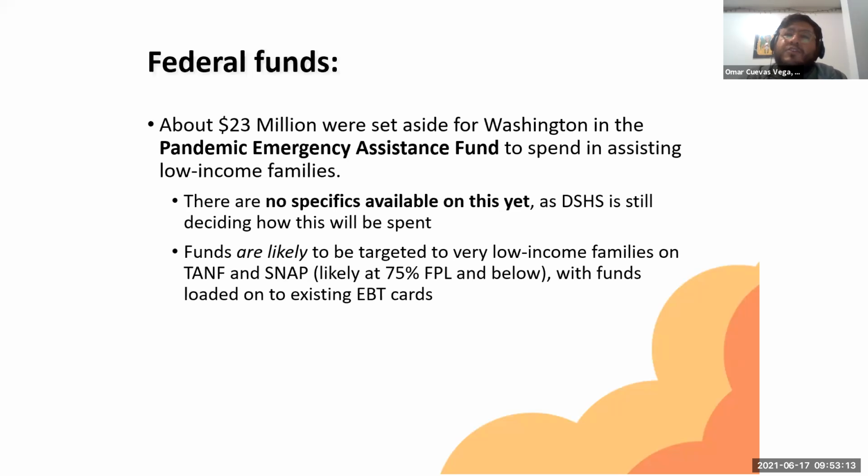Yes, one of the other changes was that mixed status families are also able to apply. Previously, it was only households where everyone had a social security number. Now it includes mixed status families. So I'm going to drop a link into the chat so you can read more about the tax credit. And I will also drop in a link for families who do not make enough money to file their taxes to submit their information so that the IRS and the revenue program will be able to get them their tax credit.